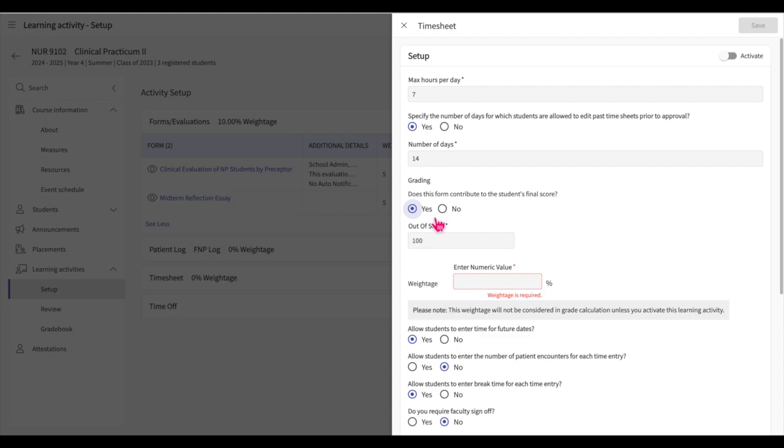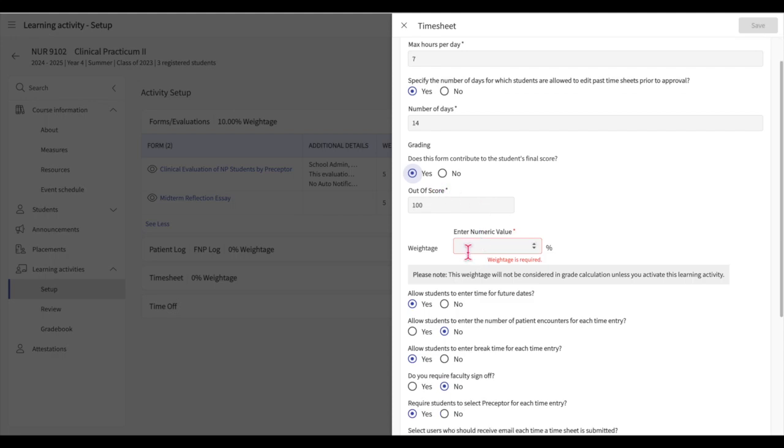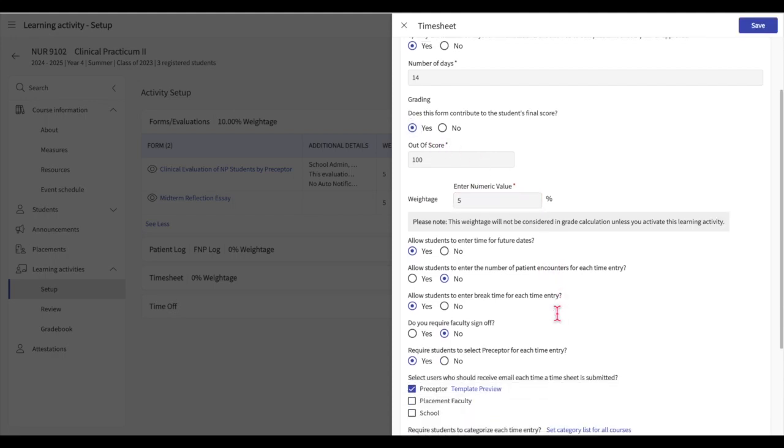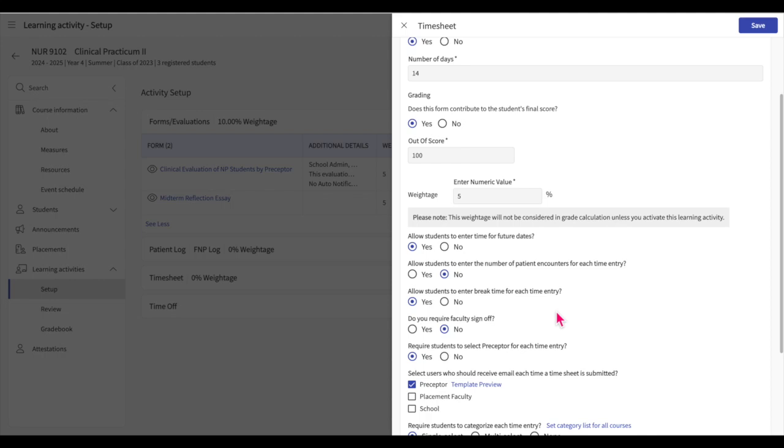The grading section here is the same as the patient log grading section. In the following sections you will configure the timesheet components. Some schools pre-plan activities for students, and therefore would like students to be able to enter timesheet entries for future dates. If you would like to do so, indicate yes in the Allow Students to Enter Time for Future Dates